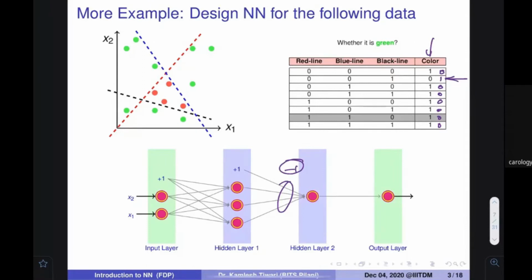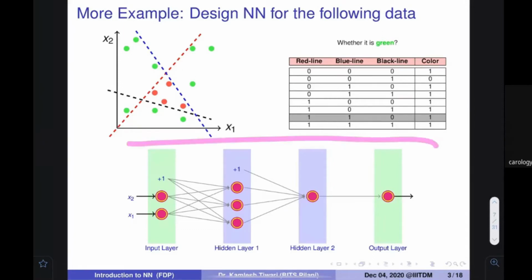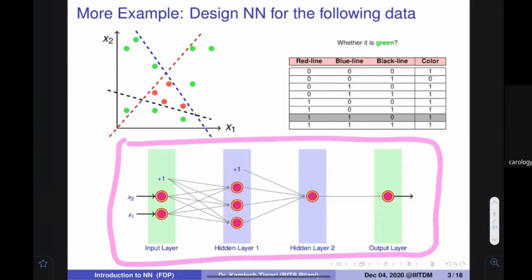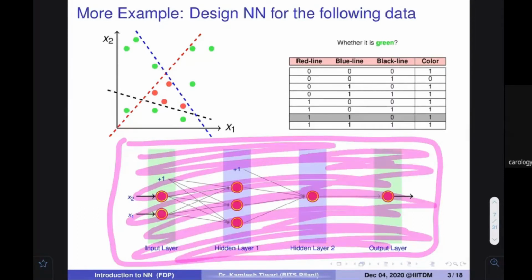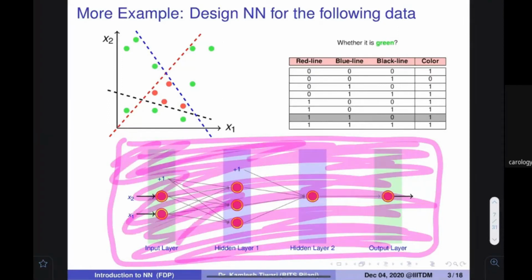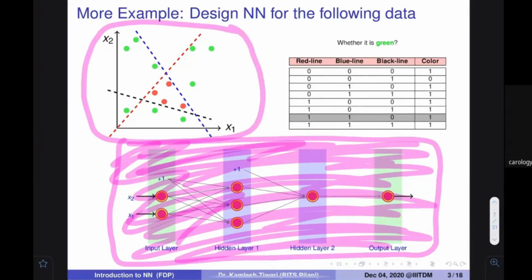I'm not giving this particular thing as a general way to do this. I just wanted to give you the verification of the idea that using these kinds of architectures you can even design a model that can classify items which are not linearly separable. That's it. This part is clear, that for items which are not linearly separable, we can make the system for them using this neural network. That is the advantage of this neural network. This part is clear? Everybody is with me?